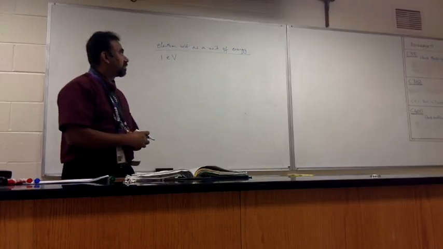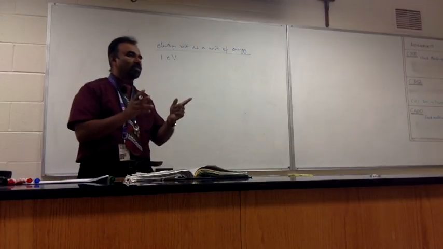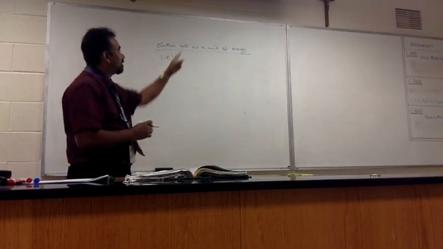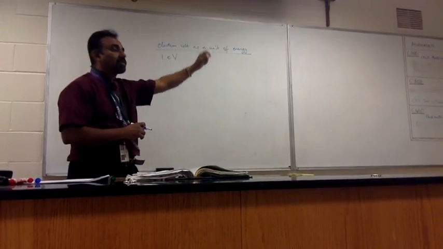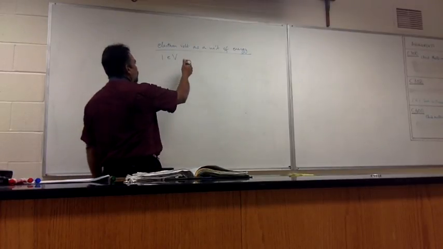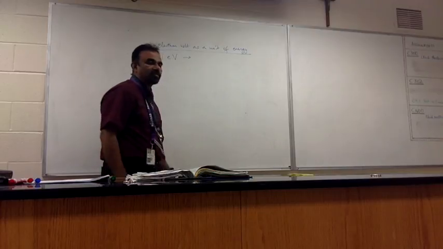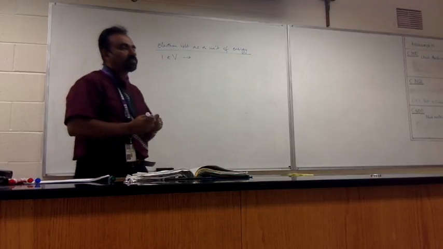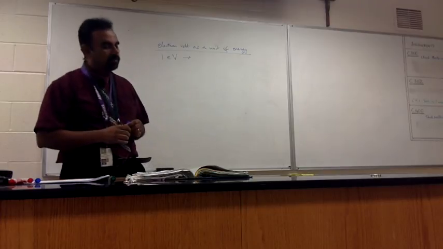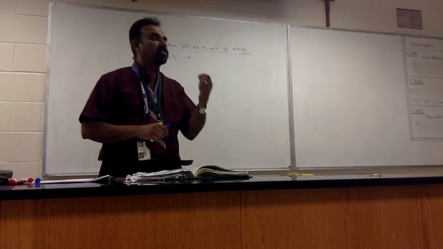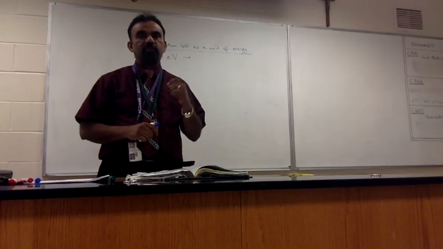Electron volt is not the unit of potential. It's not a potential difference kind of thing. It is the unit of energy. How small is that energy, and how is it defined? What is 1 electron volt defined as? You can write that definition down. 1 electron volt is defined as the energy acquired by an electron